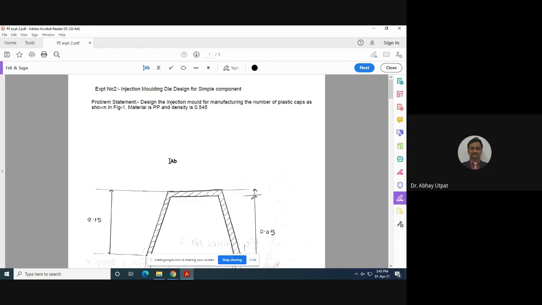So your step number 1 starts with design of the die. No doubt, whatever the cost of the die design is, it will be applicable in the price of your component which you are going to sell to that customer. So you are going to make total calculations, material cost, labor cost, design cost, and everything, and then you can give a quotation to that customer. If you want 10,000 components, then your bill will be so and so, 5 lakh, 3 lakh, 2 lakh, depending upon it. It doesn't mean the material is costly.